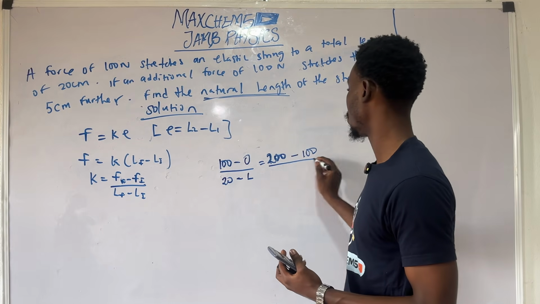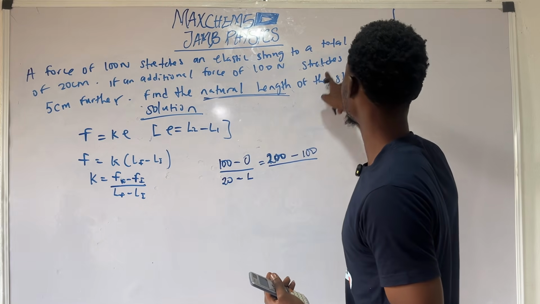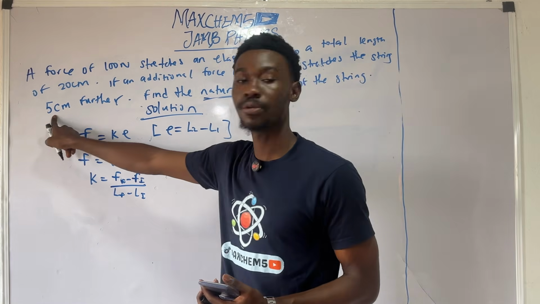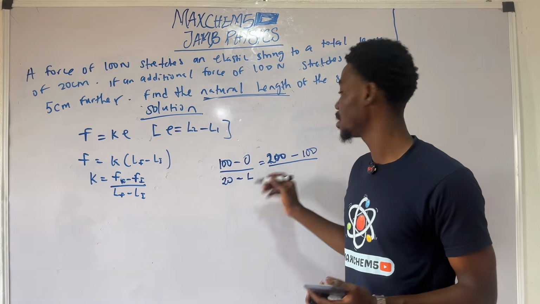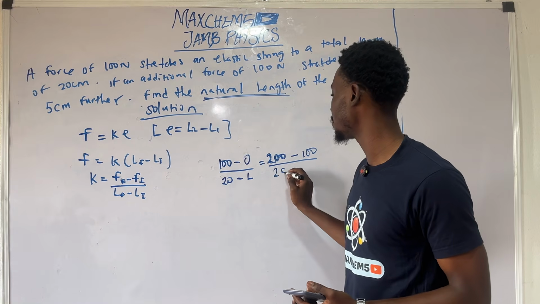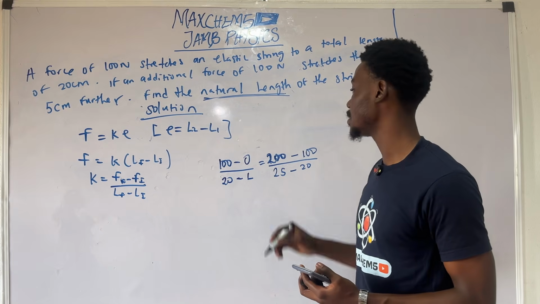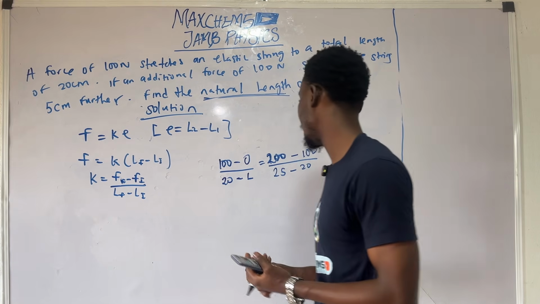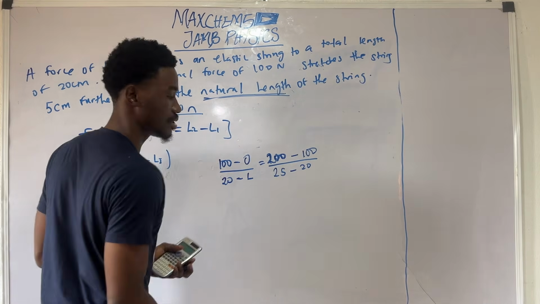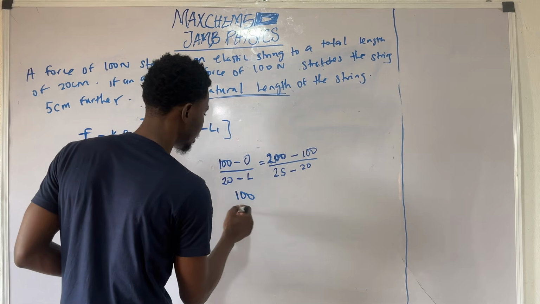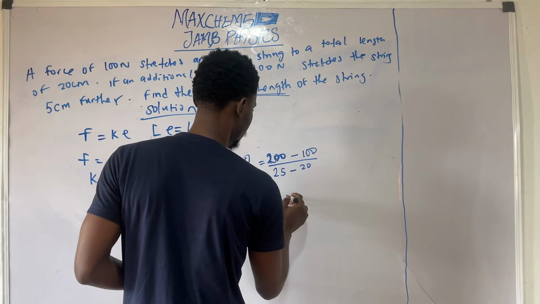Now, over, what's the final length in this case? The final length, it was stretched by a further 5 centimeter, and before it was 20 centimeters. So the total length now would be 25 centimeter, and the initial length would be 20 centimeter. Now we can simply make L the subject of formula here and simplify our calculations. So we have 100 over (20 minus L). Here we have 100